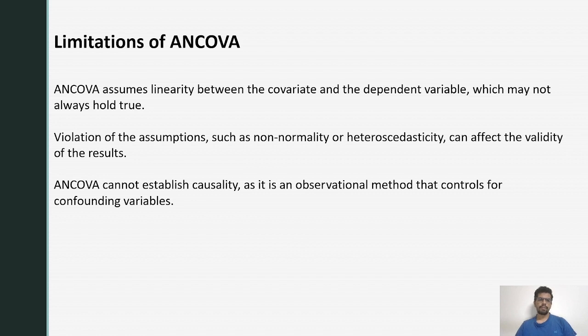Limitations of ANCOVA. It assumes linearity between the covariate and the dependent variable, which may not always hold true. Violation of the assumptions such as non-normality or heteroscedasticity can affect the validity of the results. ANCOVA cannot establish